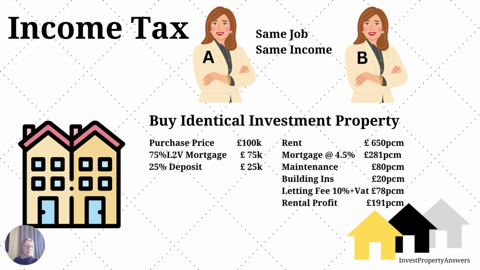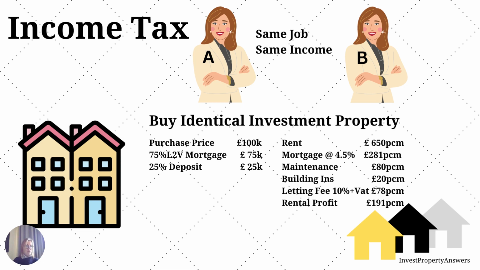Let's imagine there are two identical people. They have the same job, same income, and are buying identical property investments. A three-bedroom, semi-detached property next door to each other. In other words, everything is the same in their lives. In this example, they each buy the house for £100,000 with a 75% loan-to-value mortgage of £75,000 with a deposit